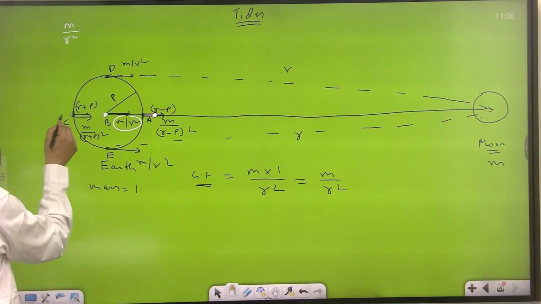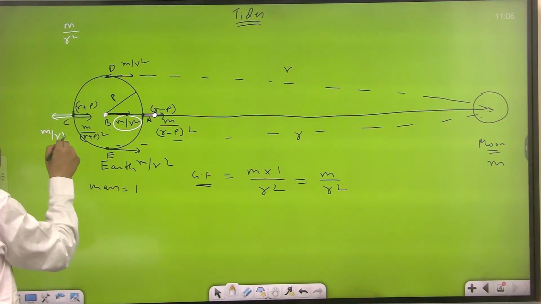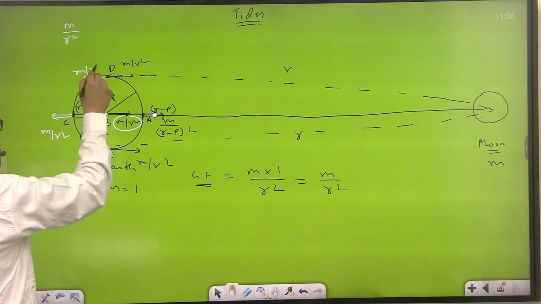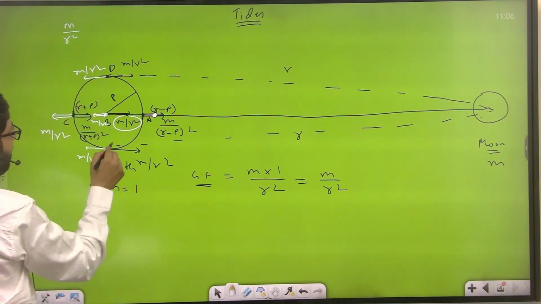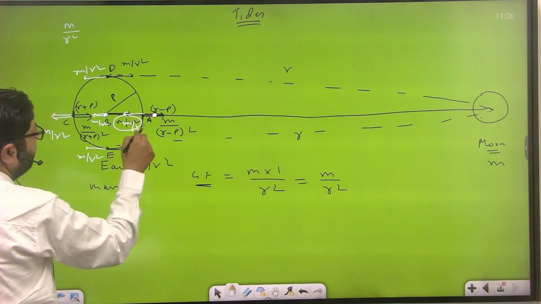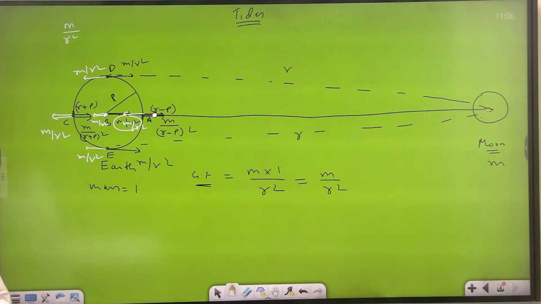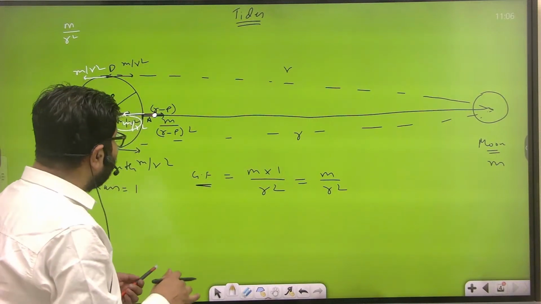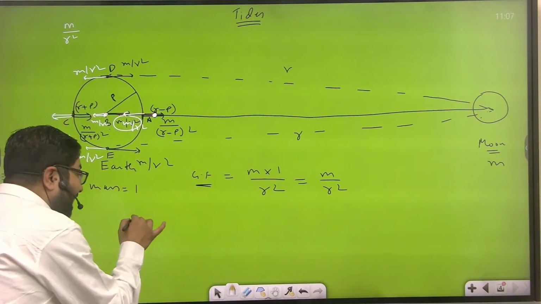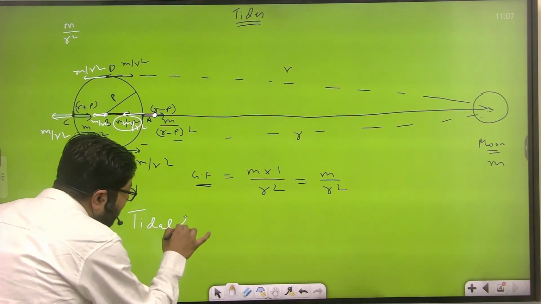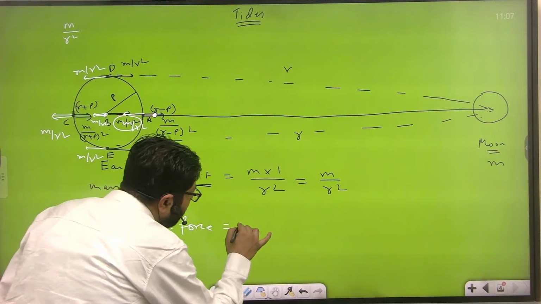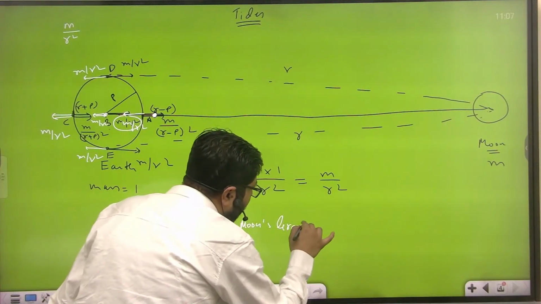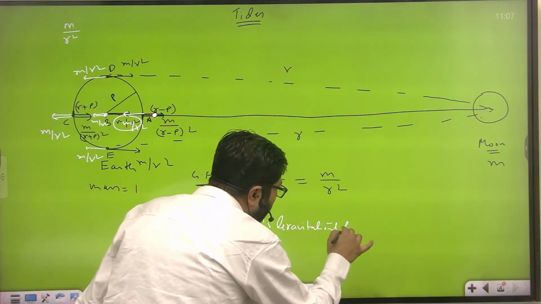So centrifugal force, m upon r square, its magnitude is same everywhere. It acts at every place, m upon r square. Centrifugal force, its direction is always opposite to Moon's gravitational force. So this tidal force is the difference between Moon's gravitational force minus